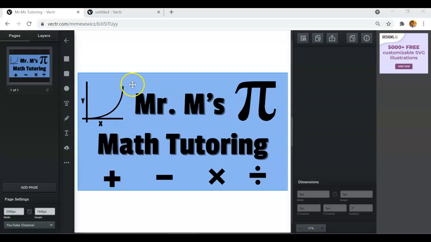Today we are going to be creating a little YouTube banner for my math tutoring YouTube channel. So this is what I want it to look like. You guys are all going to be creating this step by step. And in the process, we are going to be using the pen tool, the pencil tool, text, and some more shapes. And that will cover all of the basic tools that you will use for your